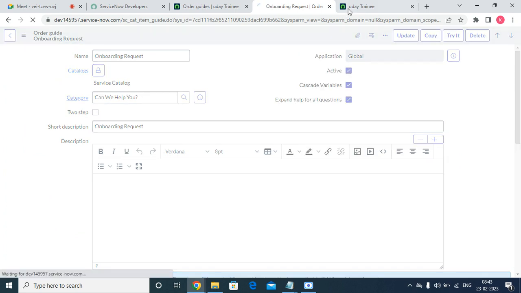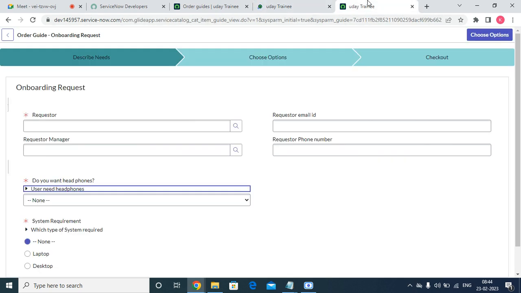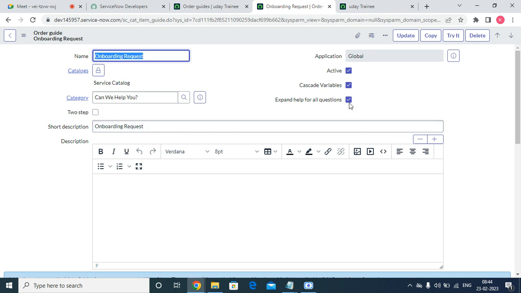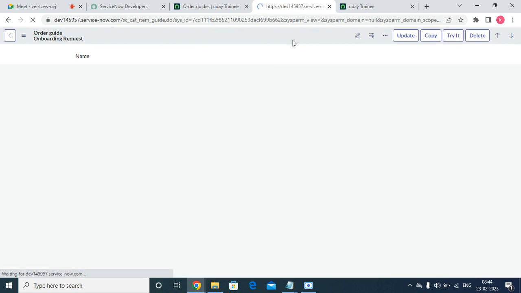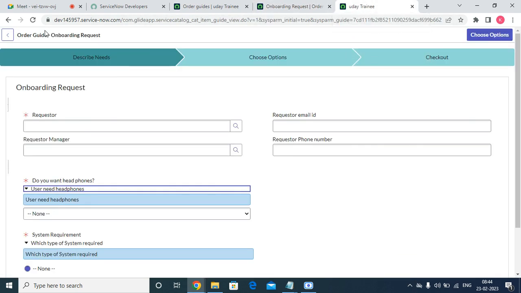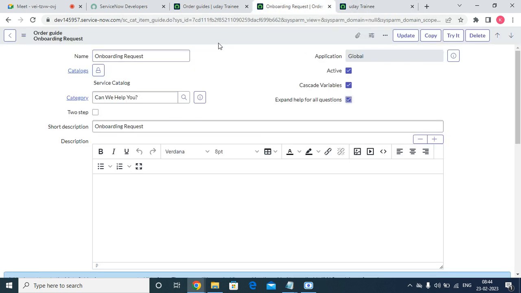If I give this one expand right now, expand all for all the questions, and if I reload, see, it will automatically expand. So if I mark it as false and save it, see, right now it has not expanded. So if I give expanded for all the questions as true,